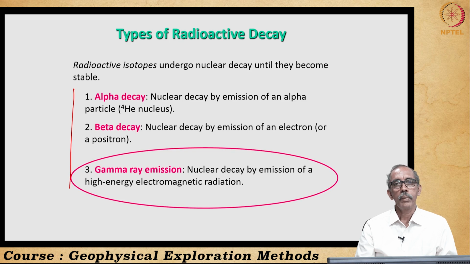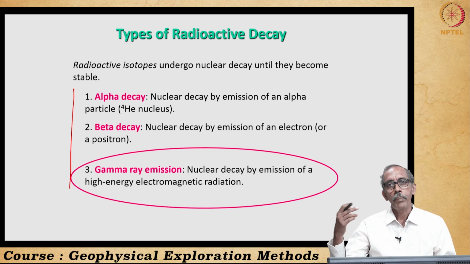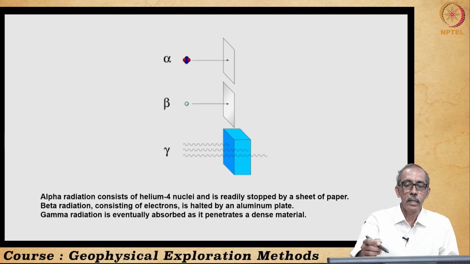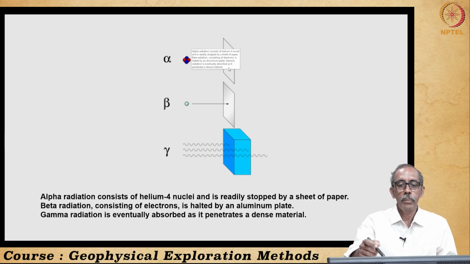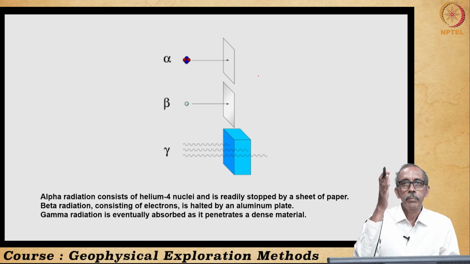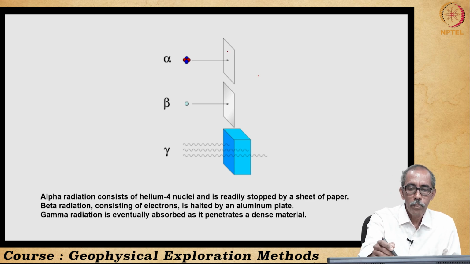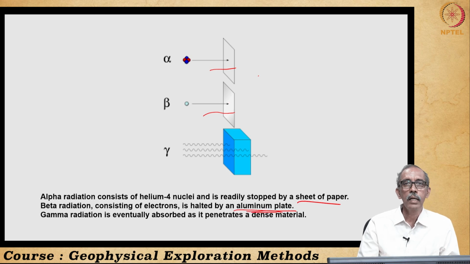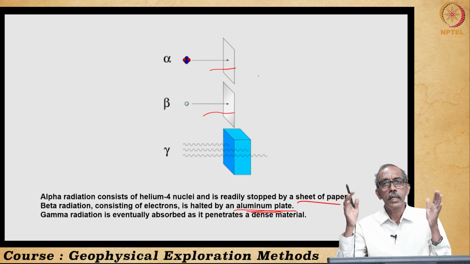Out of this, gamma ray is much more capable of traveling or reaching the surface through the thick soil zone at the surface of the earth. Because of this fact, right, alpha radiation can be even stopped by a simple paper. A sheet of paper may prevent the alpha radiation, right. Beta can be stopped by some thin aluminum plate. This is with a sheet of paper, beta can be stopped with the aluminum plate, whereas to prevent propagation of gamma radiation, right, you need a very thick dense material.